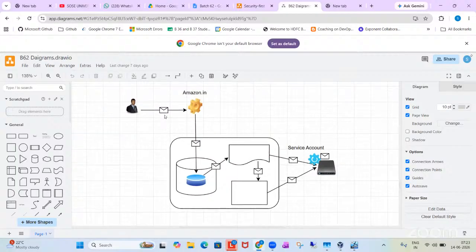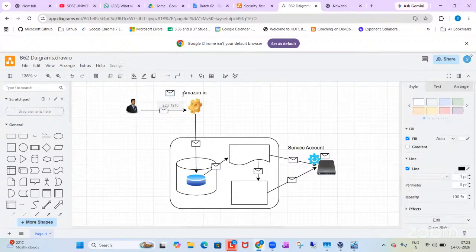Now, whatever transaction is coming from the user, that transaction from the application connection string will connect to the database and go inside the database. Remember, every transaction should follow ACID properties: atomicity, consistency, isolation, durability. So as per these ACID properties,